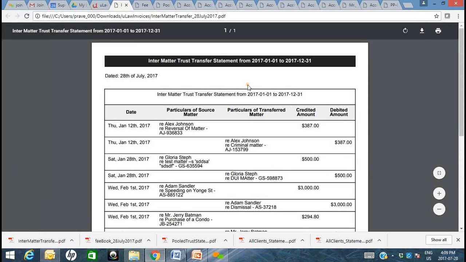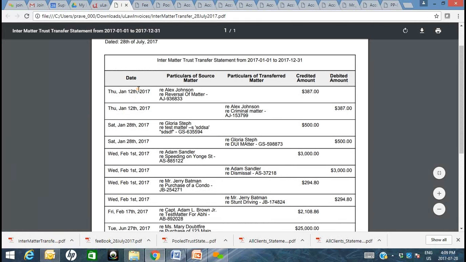So here's the inter-matter trust transfer for the entire year to date. And basically what's captured here is the date when that happened, the particulars of the client and the matter for which that happened, and the amount that was credited. Okay, so basically you could look at the credit and debit combined together for Alex Johnson and the money that's coming